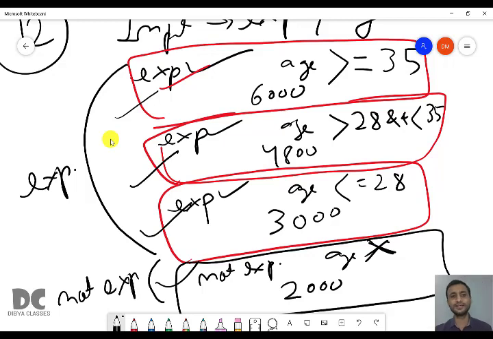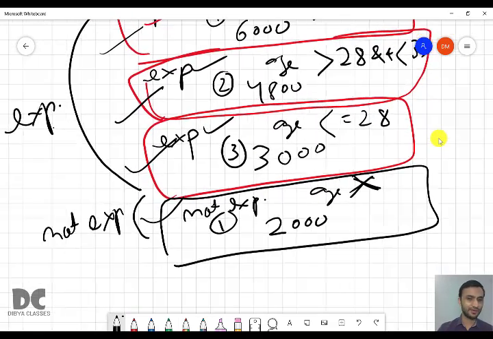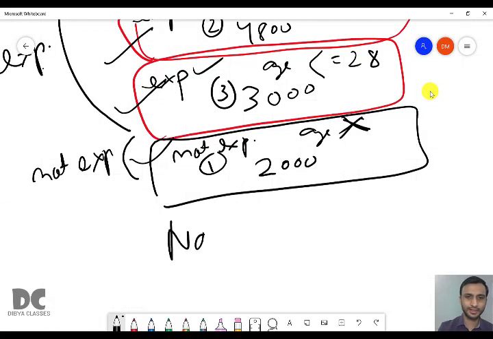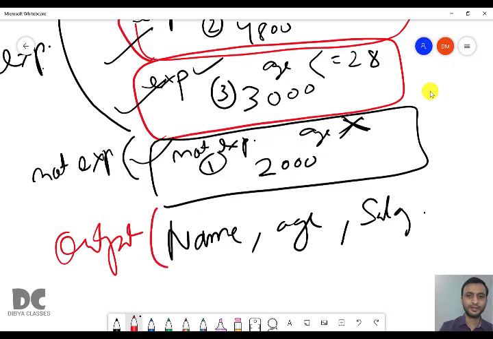Under experience there are 3 categories, and under not experienced there is 1 category. Then finally we'll print the name, age and salary of that employee. So let us write the program in BlueJ.